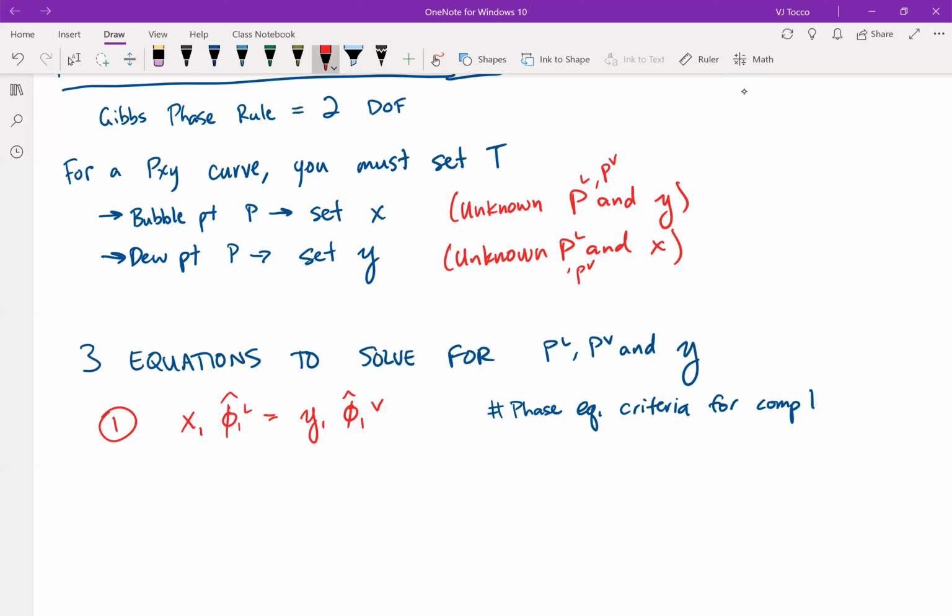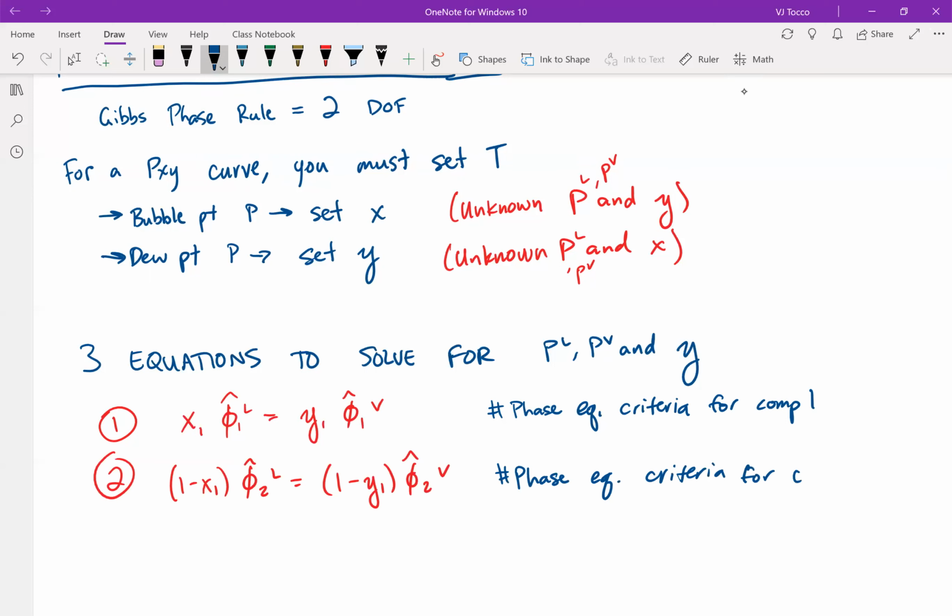My second equation is going to be my phase equilibrium criteria for component two. So it's x2, which is 1 minus x1, phi2 for the liquid is equal to y2, 1 minus y1, times phi2 hat for the vapor. Phase equilibrium criteria